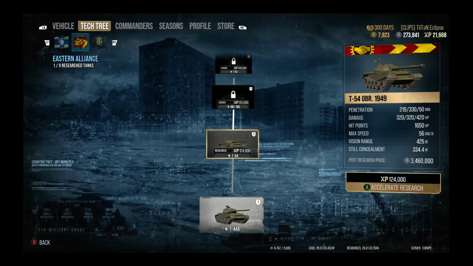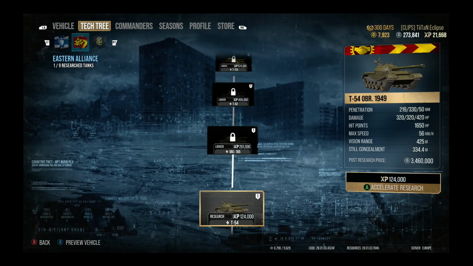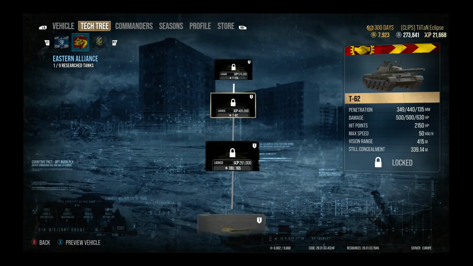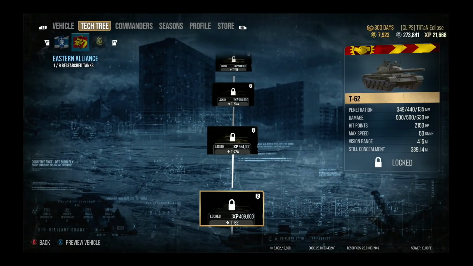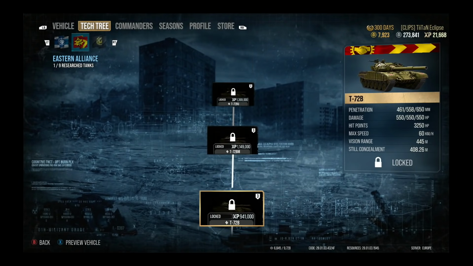They'll also match up against the opposing tanks, so you'll have the T-44A, the T-54, and the Object 165 in the first one. Then you move on to the T-62 in the second era. You've got the T-72A, the T-72AV, and then that's it for the second one. And then obviously moving on, we've got the T-72B, T-72BM, and the